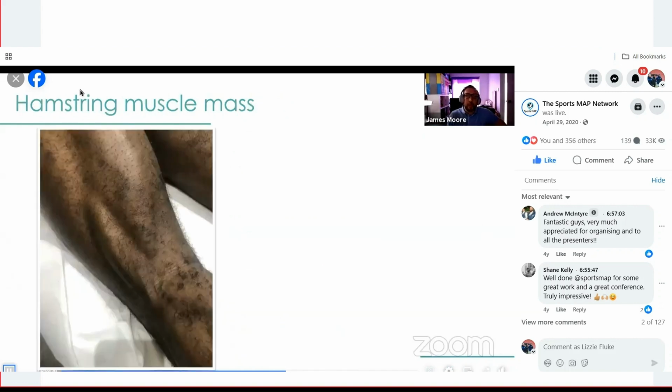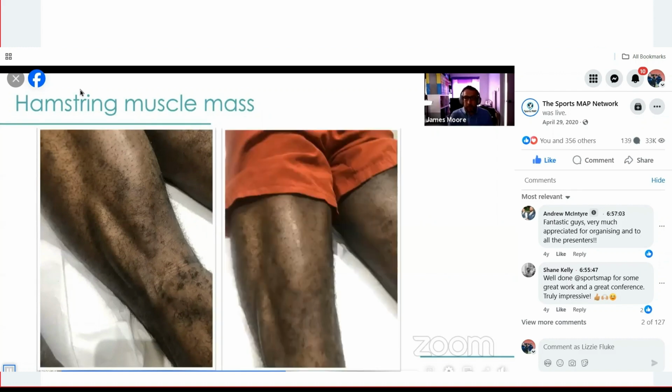So if we're moving on, again, just to highlight the anatomy here, this is an elite level sprinter who's run 10 flat. That's the short head of his biceps there in a visual, and the long head of biceps. There's his long head and short head again, and there's his lack of adductor magnus and/or semimembranosus. So if he's getting recurrent hamstring injuries, and particularly biceps femoris, which this kid was,